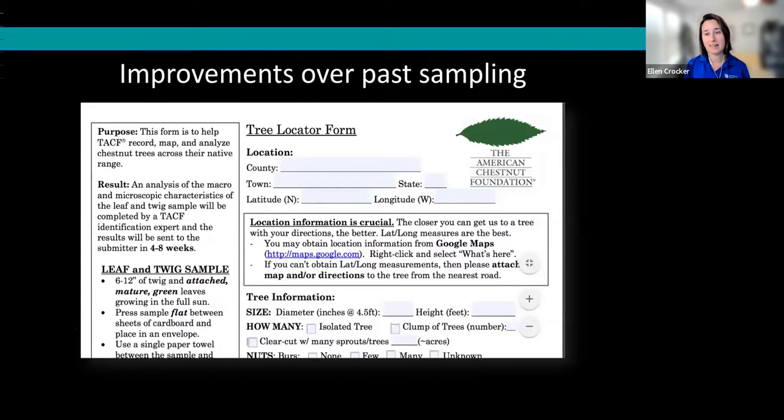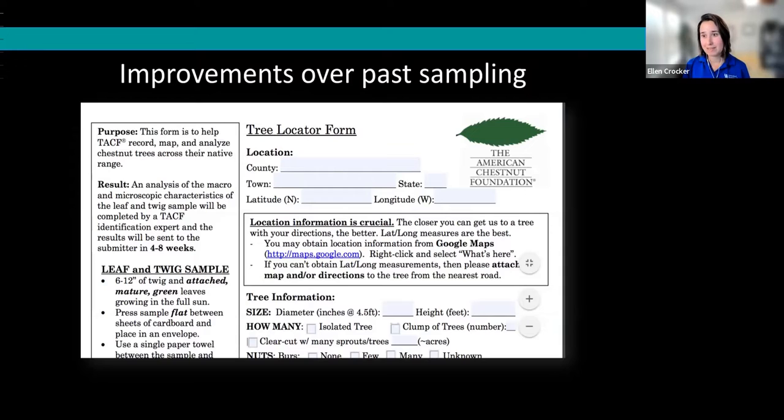So just to give you an example of how this improved the past sampling method, one of our key partners is the American Chestnut Foundation. Prior to TreeSnap, they had, of course, a really engaged community out there looking for American chestnut trees in the woods. And these are trees that in our area, for the most part, were wiped out by chestnut blight, but you can still find some. And for a variety of reasons, people want to know their locations. So they had a paper submission system where you could report a tree and collect information on it